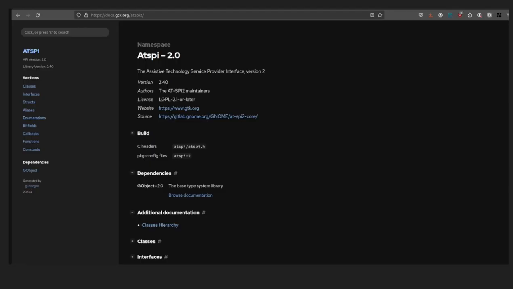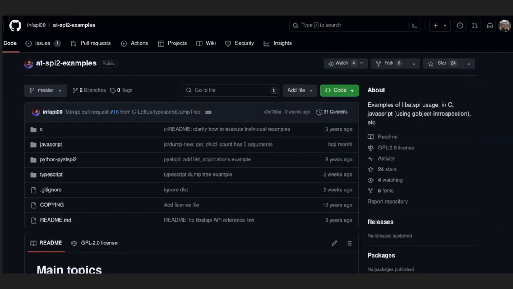To get a better understanding of the libatspi API and how to use it in real-world scenarios, I recommend taking a look at the docs.gtk.org/ATSPI2 website. It's not going to provide any specific tutorials or compositional examples, but it generally does a good job of enumerating all the different classes and methods and all the different ways you can use AT-SPI to extract info. For more robust examples that are compositional, you can take a look at the AT-SPI2 examples repository on